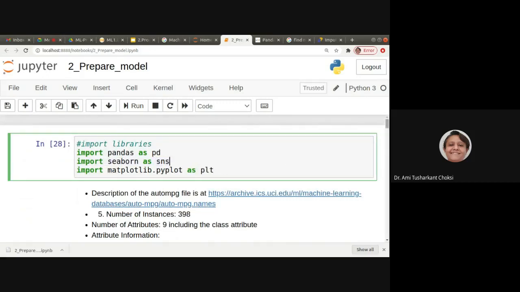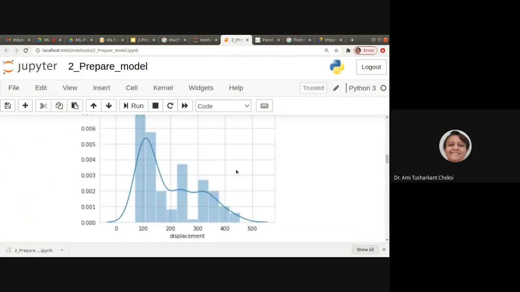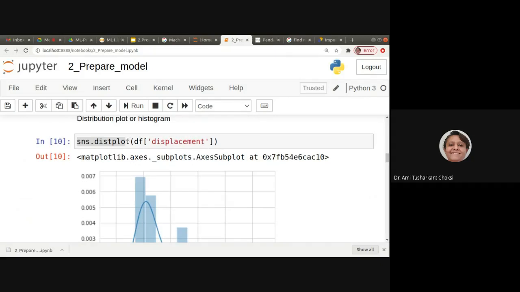With that, we'll be drawing the distribution plot. So we write sns.displot of df of our column, that is displacement. For whatever column we want to see the histogram, we just have to provide it here. Fine, so let me draw this.